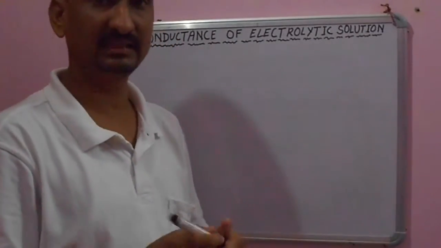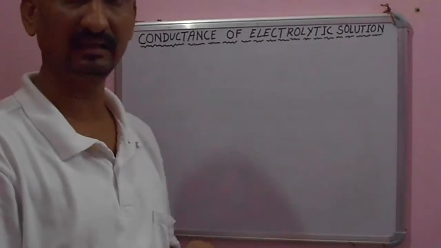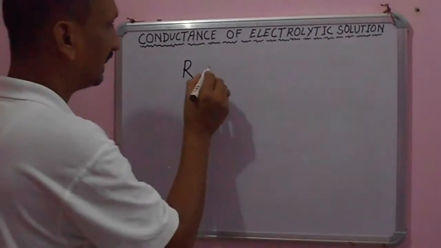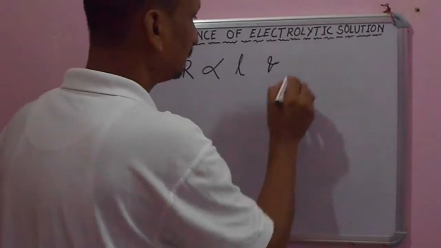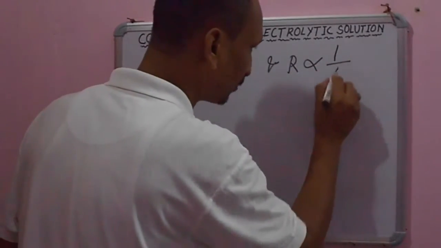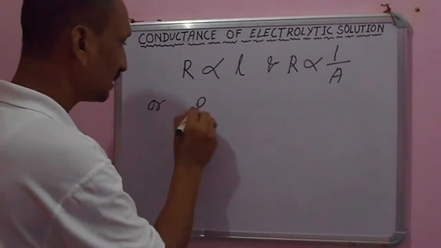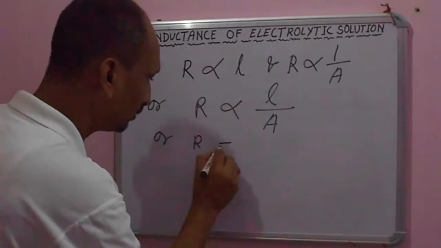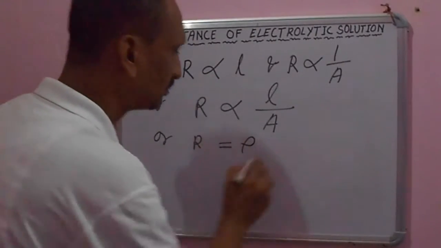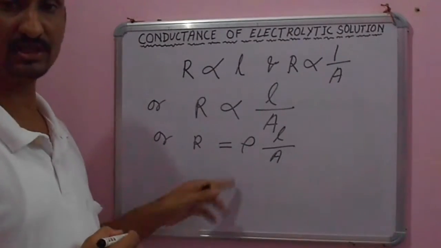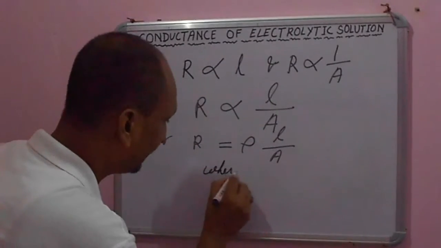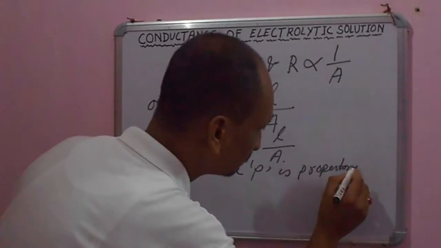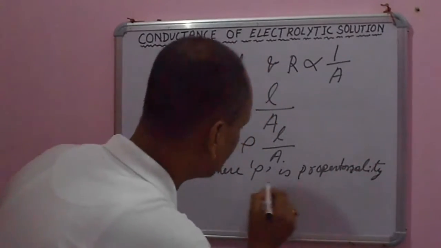Now, the electrical resistance of any object is directly proportional to its length L and inversely proportional to its area of cross section A. That is, the electrical resistance R is proportional to its length L, and R is inversely proportional to its area of cross section A. So R is proportional to L by A, or R will be equal to a proportionality constant rho times L by A. Here rho is the proportionality constant,